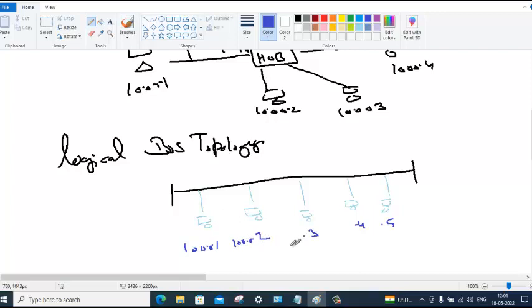Alright, just write 10.0.0 here. Now if 10.0.0.1 wants to communicate to 10.0.0.3, a packet will be generated with the source address 10.0.0.1 and the destination address 10.0.0.3. When this packet hits the port, the common backbone, it will take a copy of this and give it to everyone.